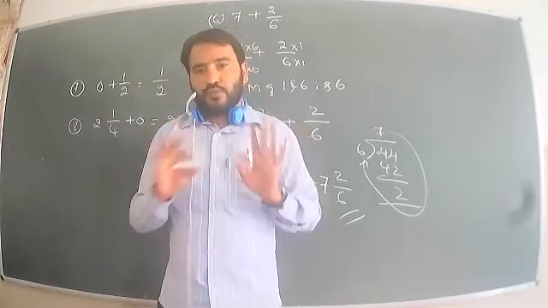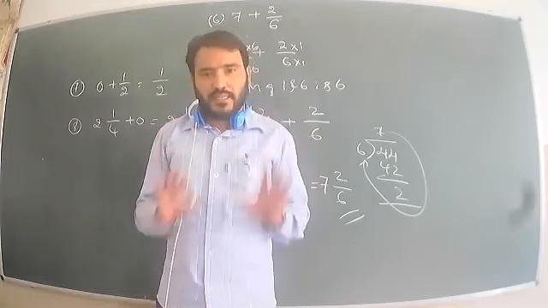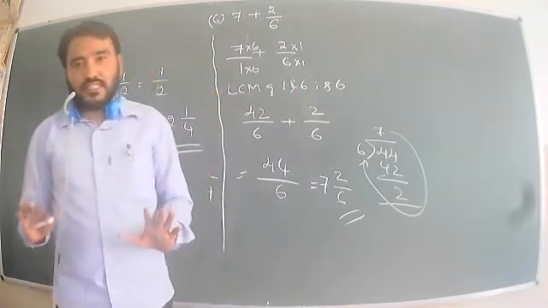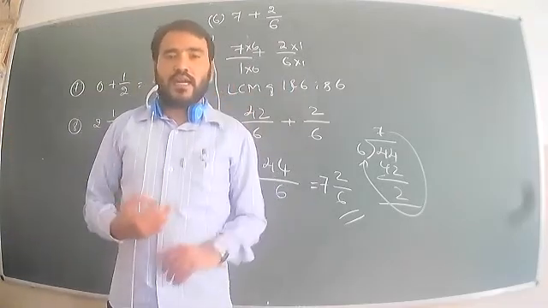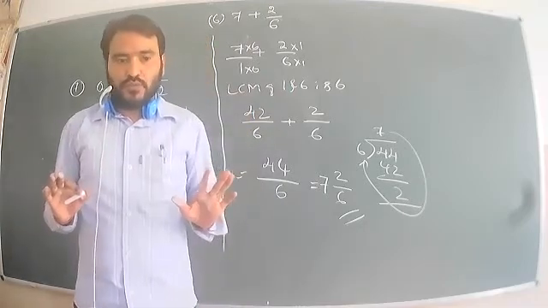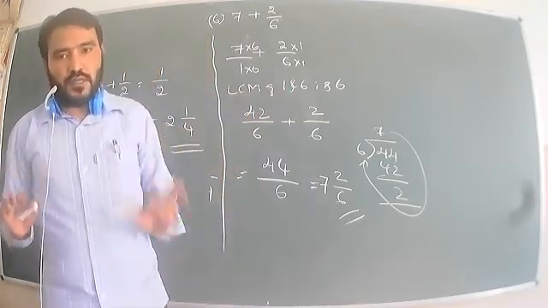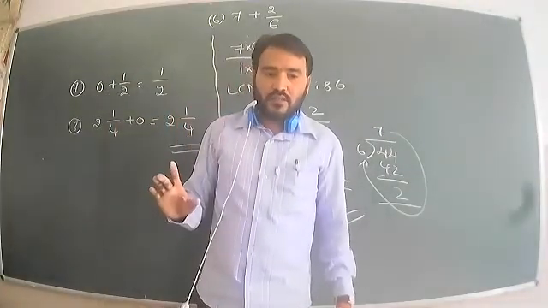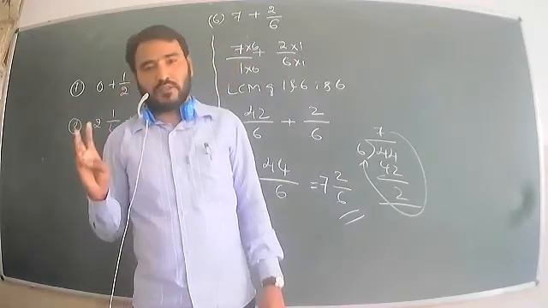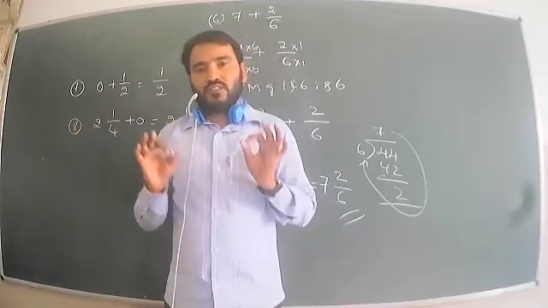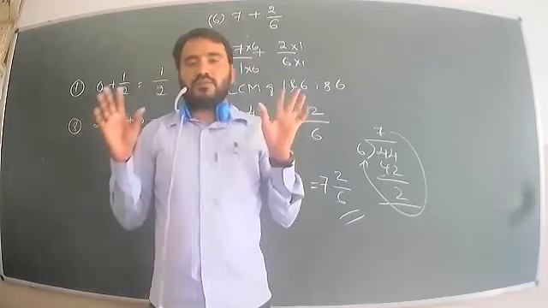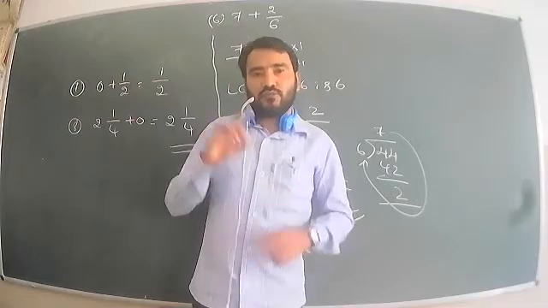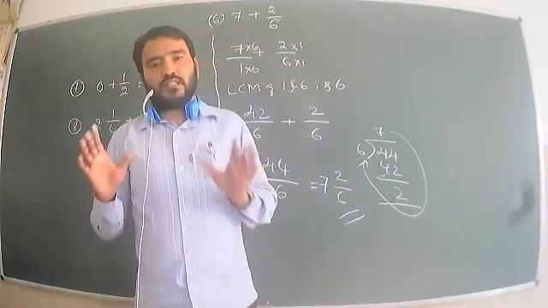When the same denominators are there, no problem, we can add directly. When the denominators are different, take the LCM, find the equivalent fractions, and add the numerators. That is the addition concept. Do all of you know addition of unlike fractions? Today your homework is exercise 7D: first main, second main, third main, all the 3 mains you have to do. Your main concept is unlike to like fractions. That is a mandatory part.